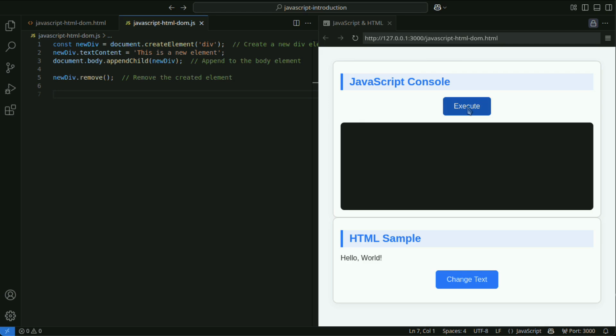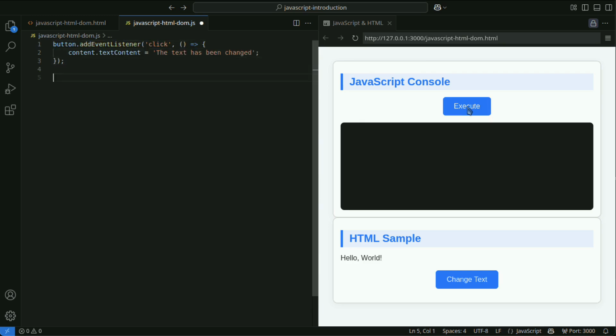As part of DOM manipulation, you can add event handlers that respond to user interactions. Use addEventListener to handle events such as clicks and keyboard interactions. In this example, clicking a button changes the text of the content element.